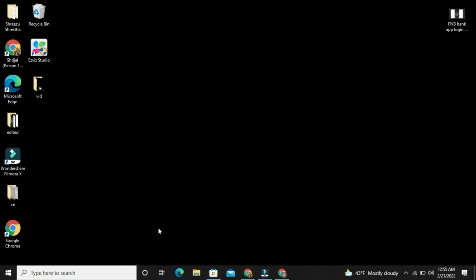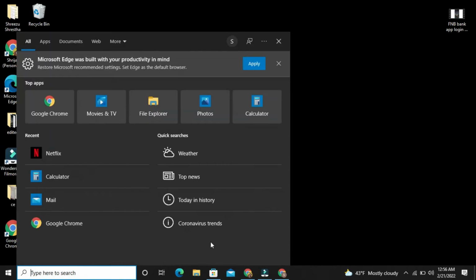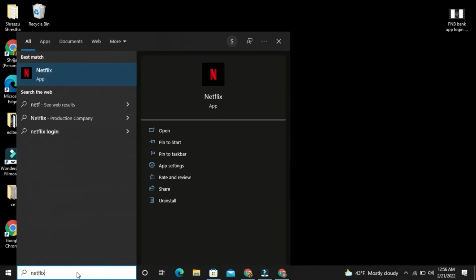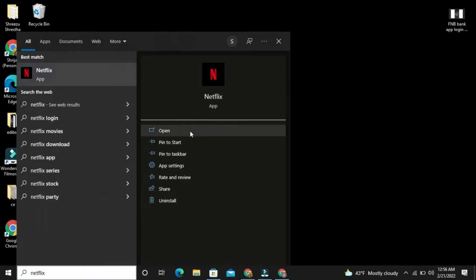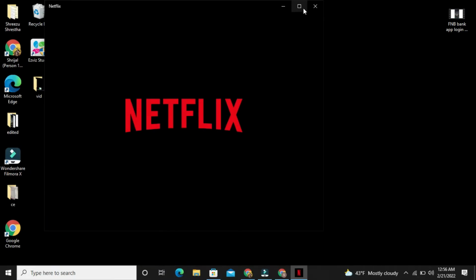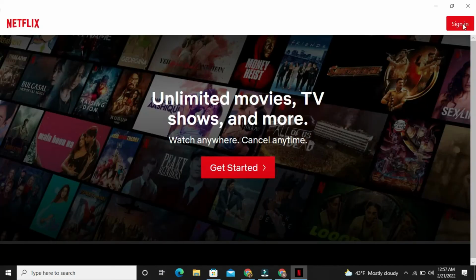Now moving back to our video, make sure that the device is connected to the internet and also make sure that Netflix is already installed on your device. And then in the taskbar there will be a section where you can search. Press there and search Netflix. Then press open. After opening Netflix, there you can see a red sign in button on the top right hand